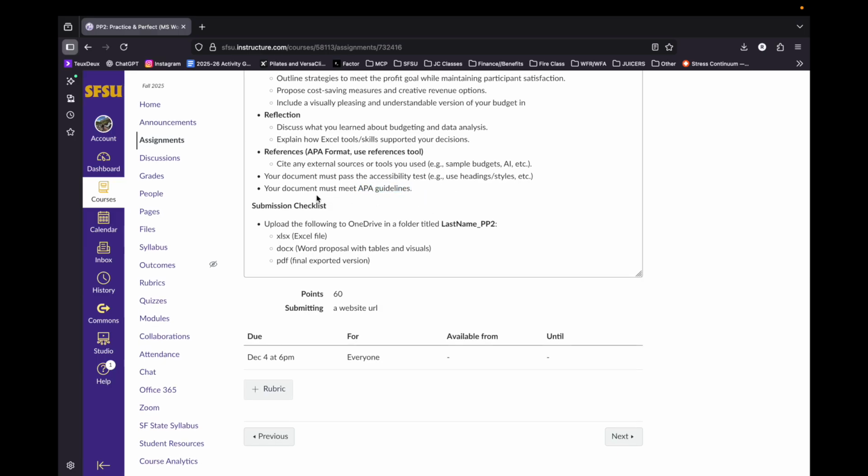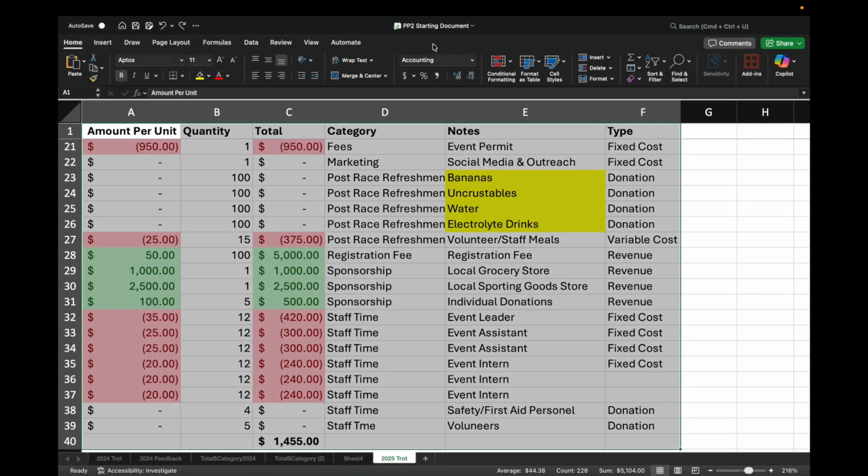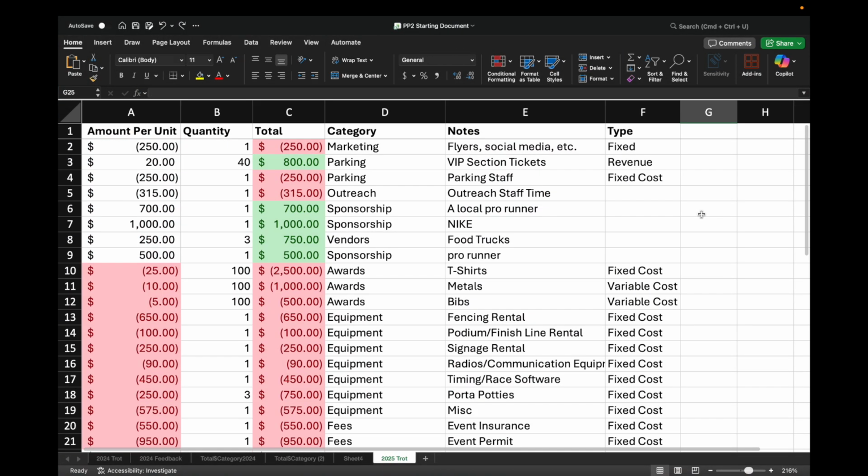Your final submission will include your Excel file, your Word document, and then export your Word document as a PDF for your final version. Put all of that in a OneDrive folder and submit the link here on Canvas. Hopefully that is a helpful demonstration with some background information for this assignment. Obviously, I didn't demonstrate every single step, but hopefully with what I've shown you here, plus the instructional videos from past assignments, you are set up to succeed.